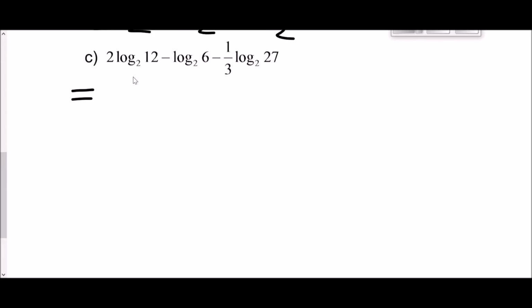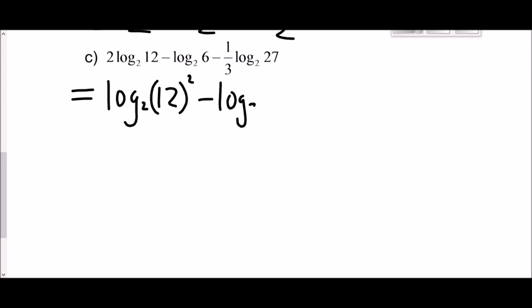This time, we're going to reverse the process. So we bring the 2 back here as the exponent. You can write this as log base 2 of 12 squared, and then there's nothing you can really do here, so minus log base 2 of 6. You may find this redundant, but it will be easy for the next step to look at what we need to group together. Okay, minus,